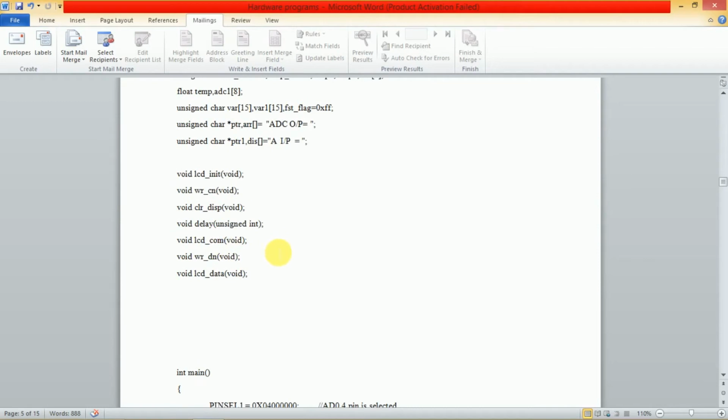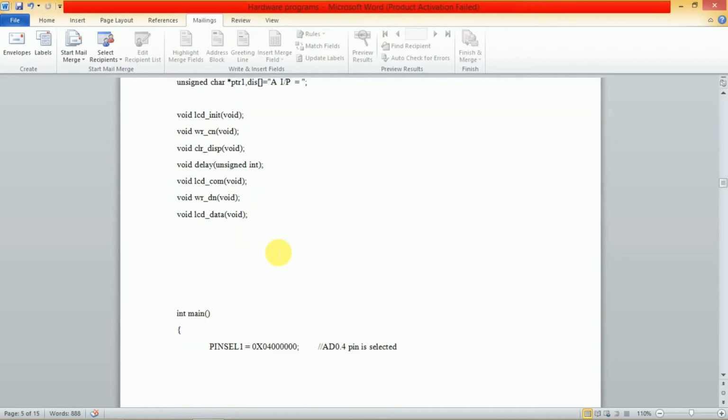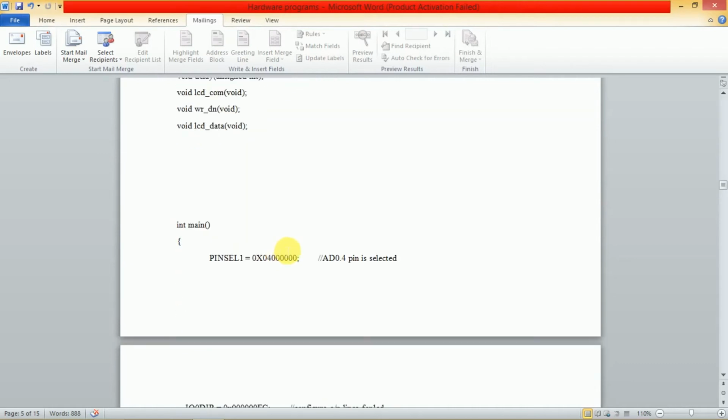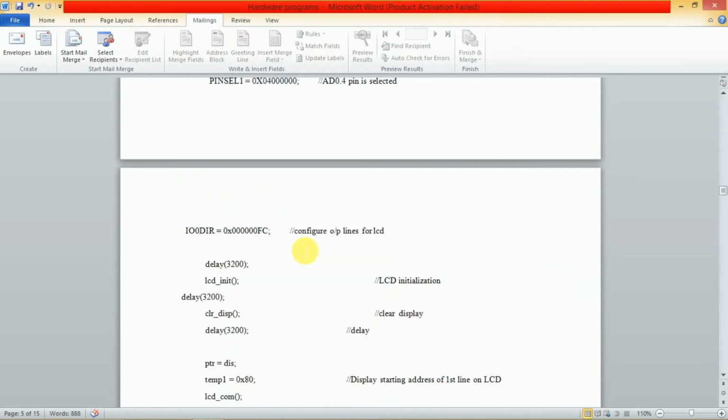LCD communications, then void write data, should declare all the information related to analog and digital output. Here also you can declare pin select 1 in the ARM processor, 0x4000 AD4 pin is selected. So input output 0 directives, you can provide the output lines for LED 0x000000FC.